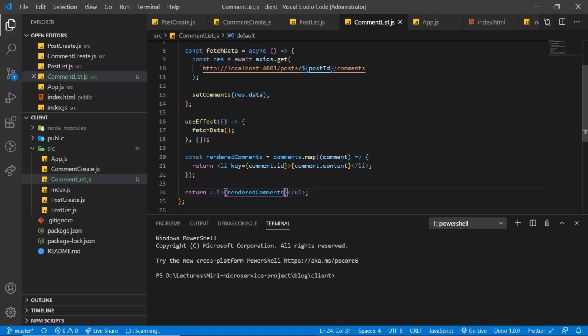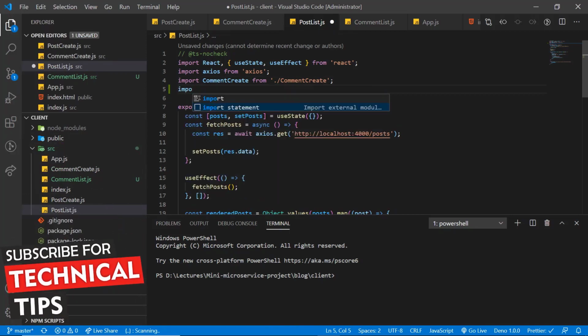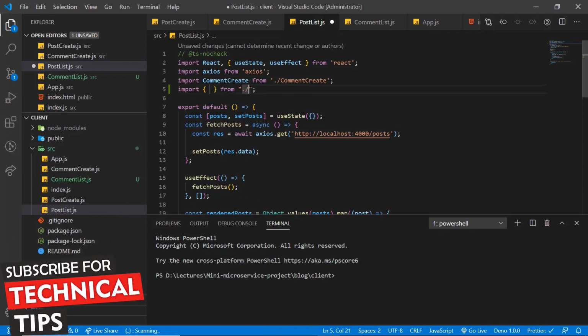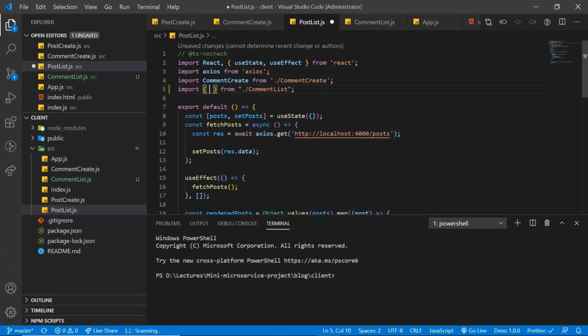Now as you all know, we need to show this comment list component inside our post list component. So switch back to our post list component. Inside here at the top we are going to import our comment list. Let's remove this. Save the changes.